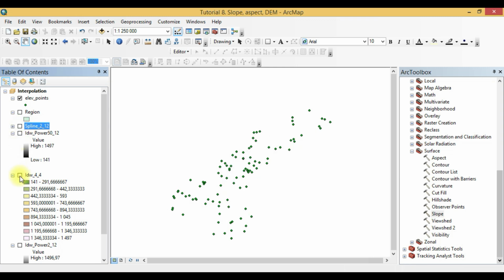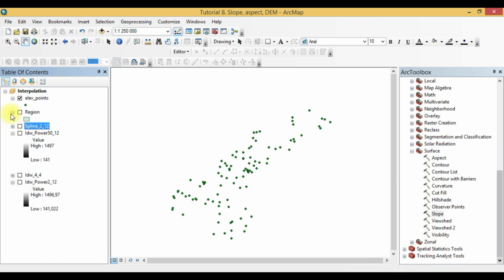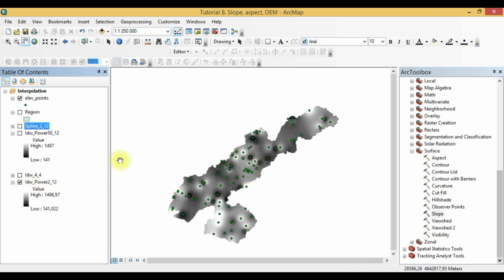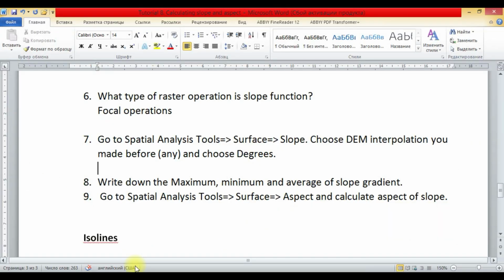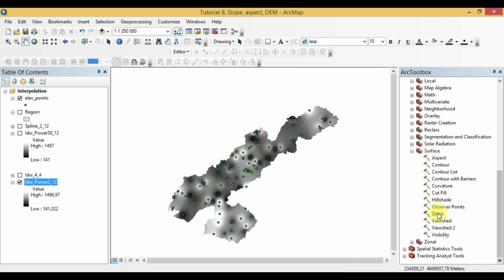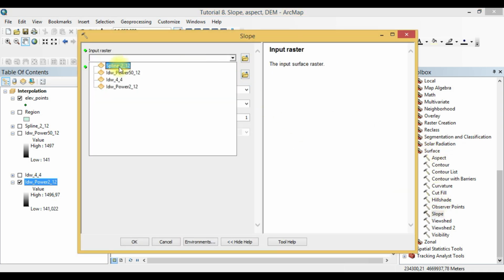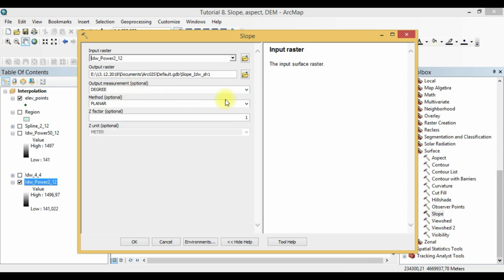I prefer to choose the first one. I will close this one, and I prefer to choose this one because it's approximately close to the values of the input vector. So okay, let's open the slope and go to IDW power 2 degrees, where we will measure